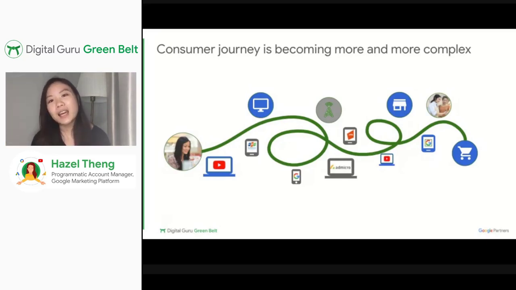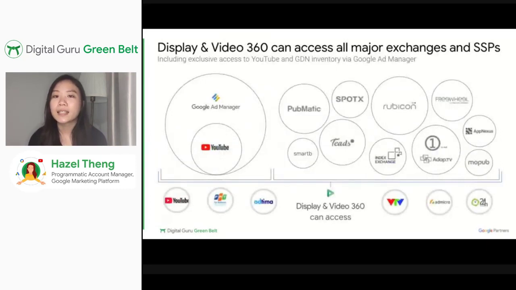And the thing is, advertisers and agencies are recognizing this. In response, we plan and buy across multiple publishers and networks and end up buying across multiple platforms as well. So what makes DV360 special in today's digital landscape? DV360 has access to all these major exchanges in the market that you see on this slide.